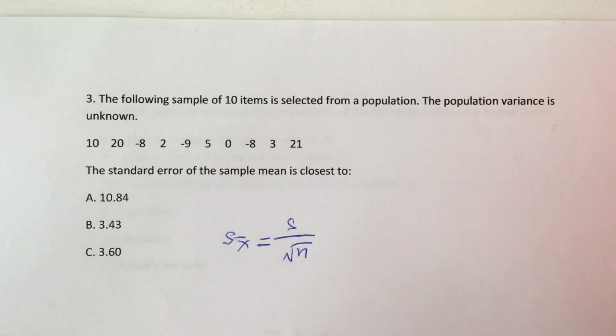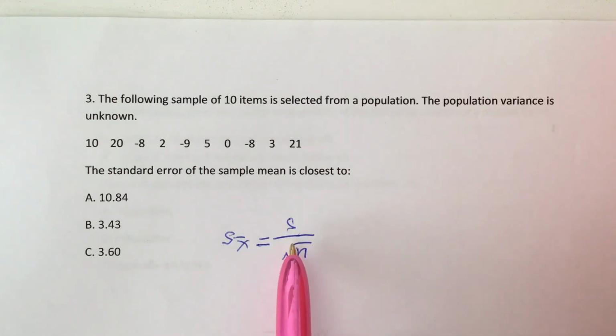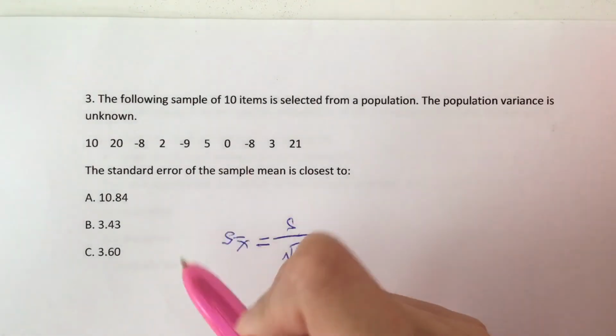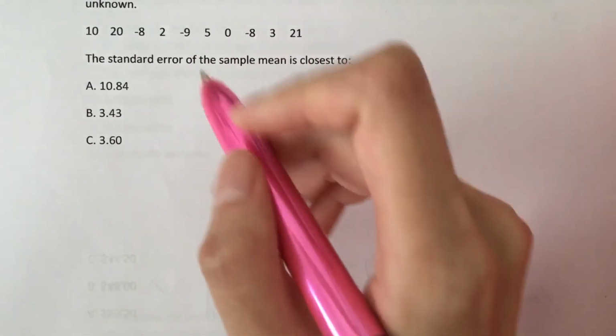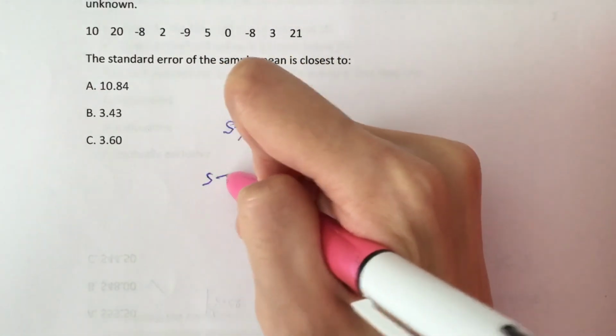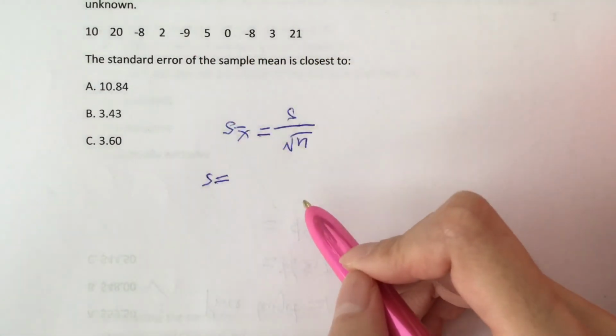S is the sample standard deviation and n is the size of the sample. The sample standard deviation is S equals